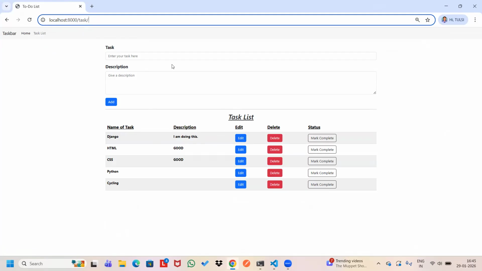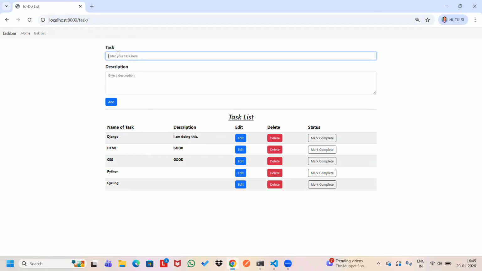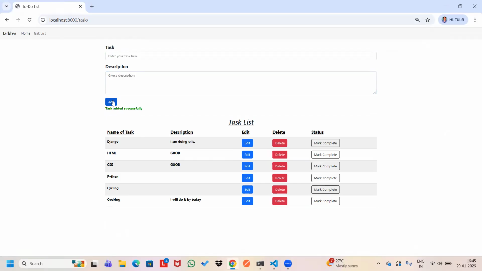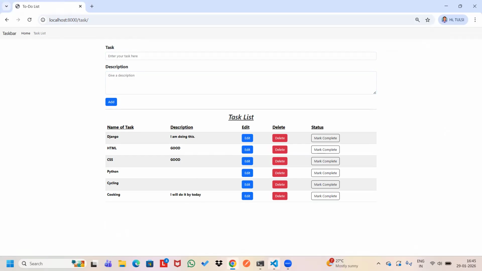So now you can see that we did the insertion part only. That means when you give the data, suppose you want to do something like cooking. When you go for cooking, you can give the description as well. Suppose I will do it by today. Okay, so I can add this. You can see that the data is inserted, and also if we go to check in